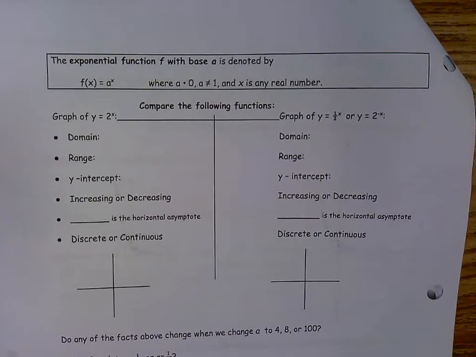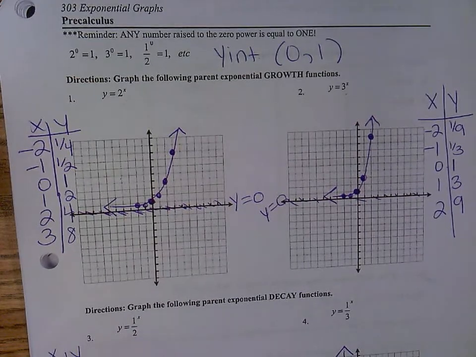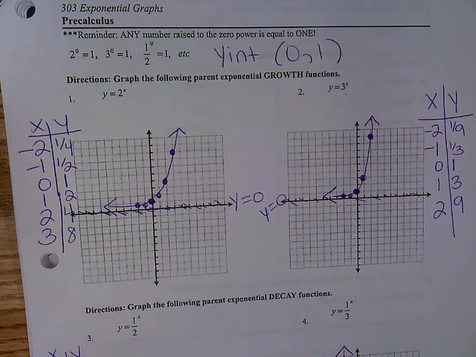Okay, so if you are looking at your graph, actually here, I will look at my graph, leave my graphs up here, and you're going to look at your notes for that page. So the back of page 303. So it says, let's compare the graph of 2 to the x. So it says the graph of 2 to the x, y equals 2 to the x. What would be its domain, range,